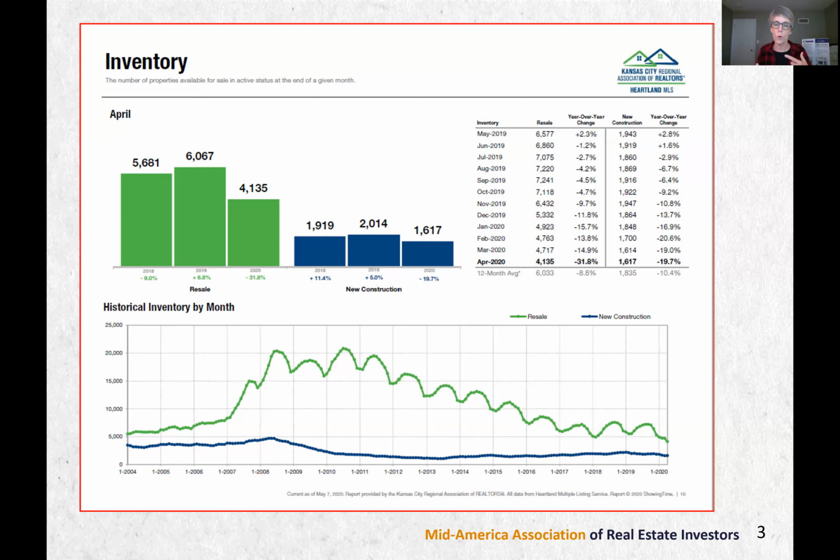The other thing you need to worry about is closing times. Is it going to take longer for your buyers to close? Because right now, the lenders that are working are very, very busy because the interest rates are low. They're refinancing everything under the sun because everybody's trying to get their houses refinanced before values plummet. I don't think the values are going to plummet, but that's what they think. That's what the lenders are telling them. Get them refinanced before the values go down. So is it going to take longer for your buyers to close? Factor that in when you're looking.